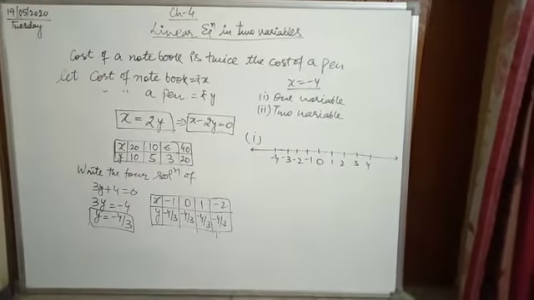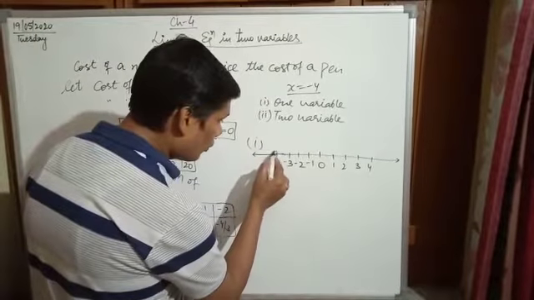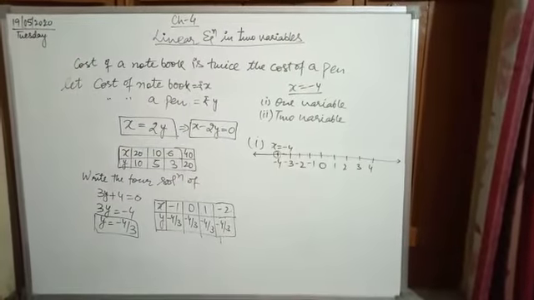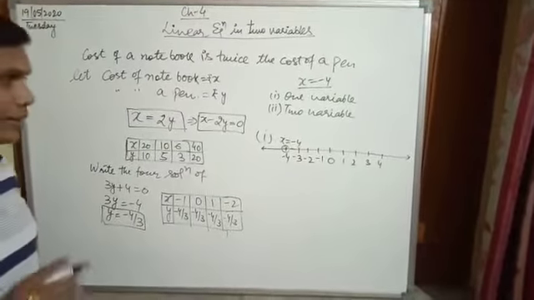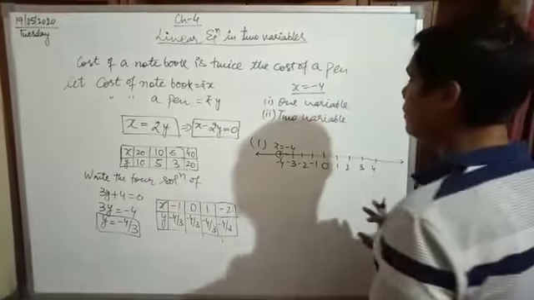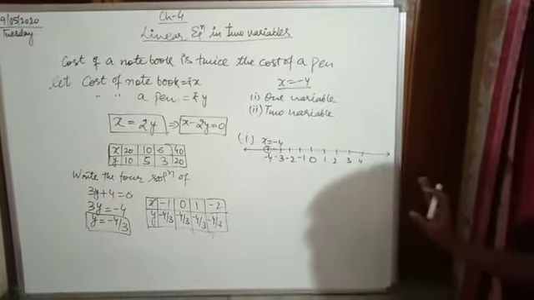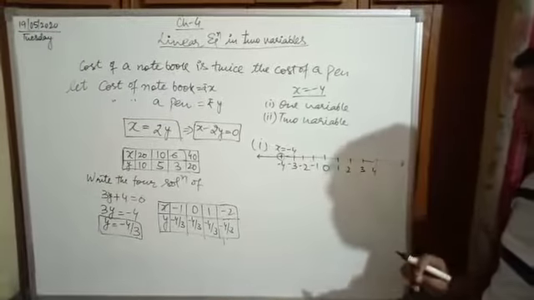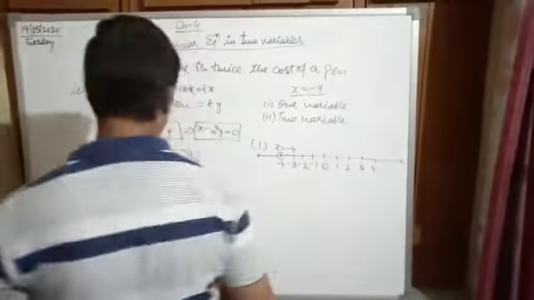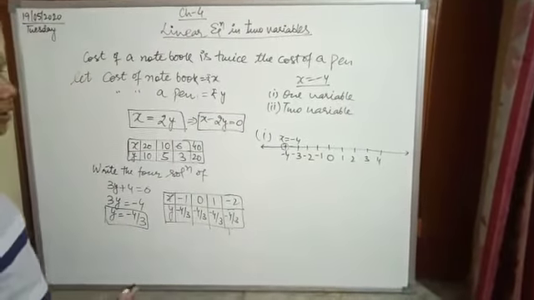This is a single variable or one variable solution: x is equal to minus 4. This is the graph of a single variable. For a single variable, we draw a single line, meaning the x-axis or y-axis only. Draw a real number line as the x-axis and mark minus 4 on this line. X is equal to minus 4 is a point, so this is a single variable equation.